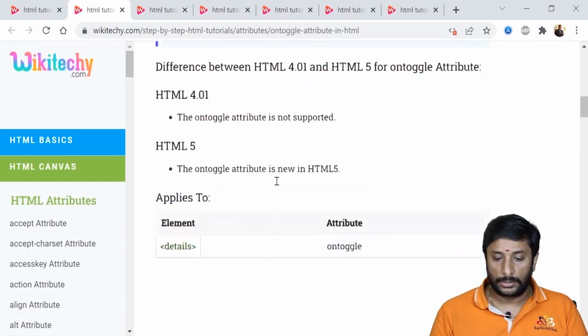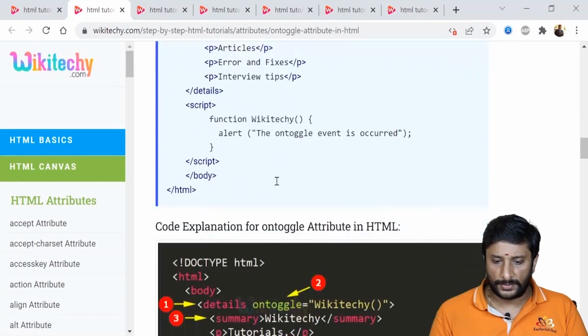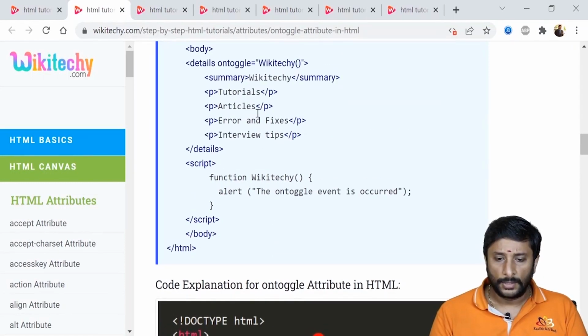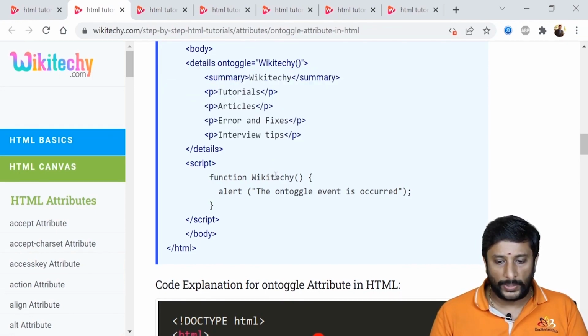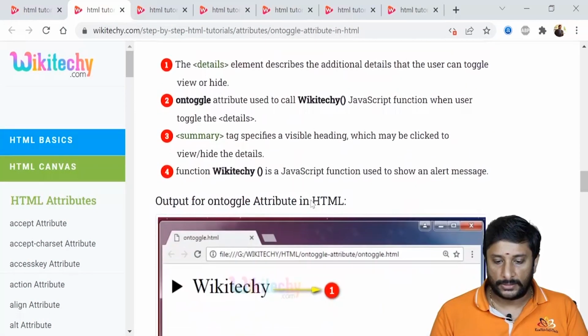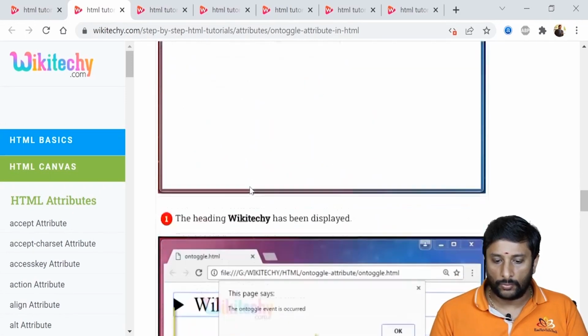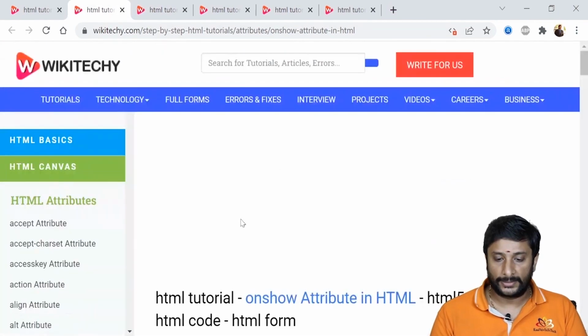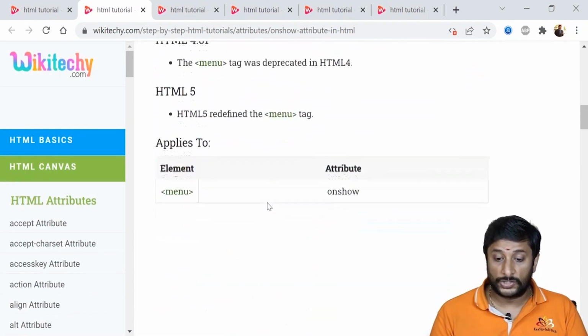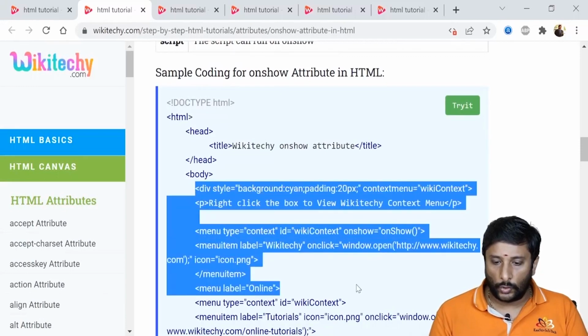On toggle. On toggle, this is moving your mouse or something like that. So you're able to see I got my details tag. The details tag will have the on toggle event. Once I try to move my mouse or something like that, you'll be getting this one. The window event is fired. On toggling. On show, while showing some contents. While showing the content,